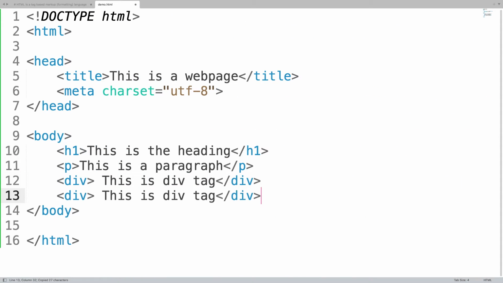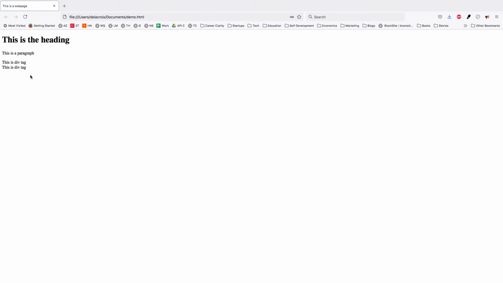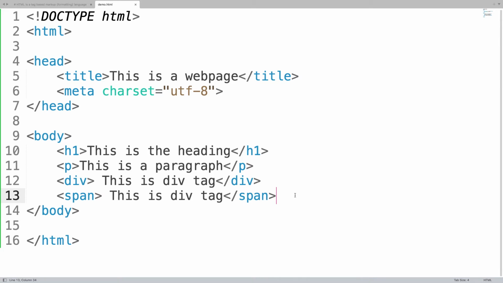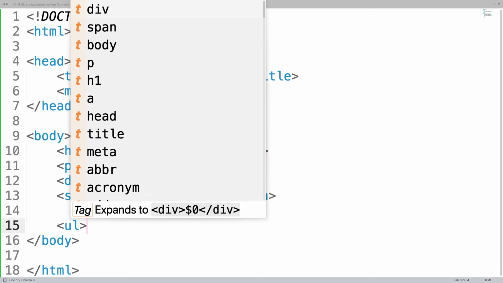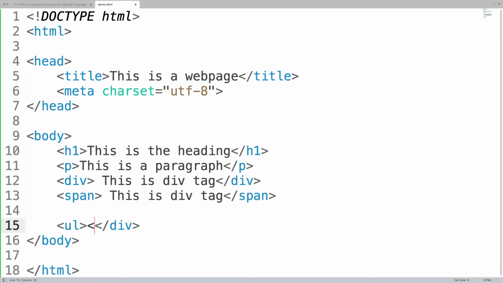There are a lot of tags for different elements. Like in a Word file you might have seen, you can have a list, a heading, bold, an image. We can create a list. I can say unordered list tag, and then I can add elements.